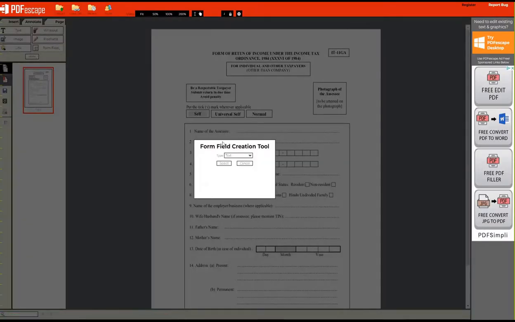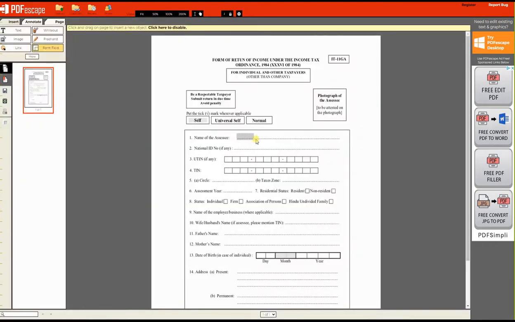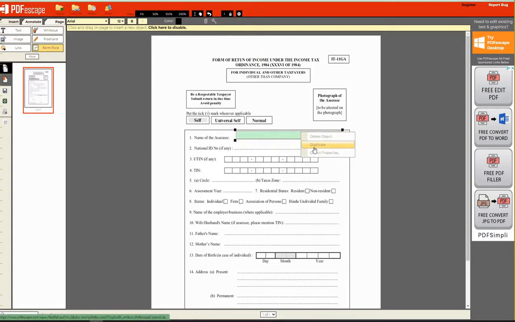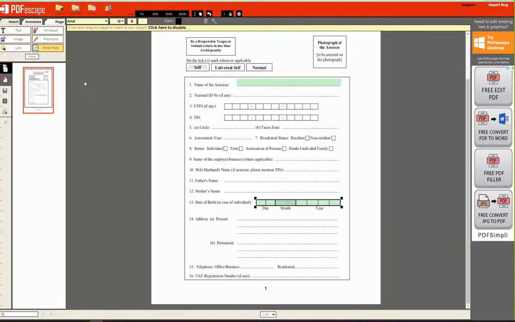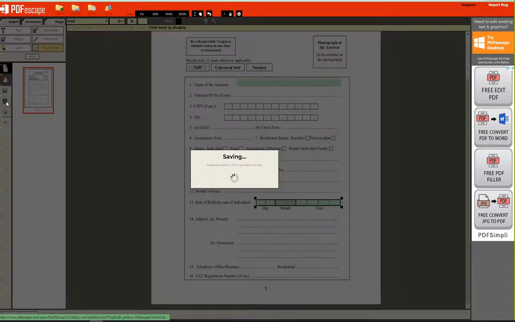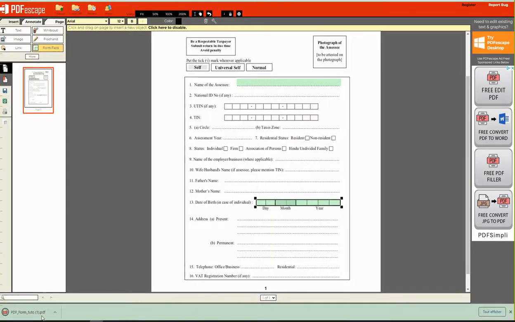From the top left tools, choose Form field and select Text. And choose and draw the field you want to fill. Then right-click on this zone and choose Object Properties. In the Name field, type a name and press OK. On the left side of the page, you can click on the Save and Download icon to get your PDF